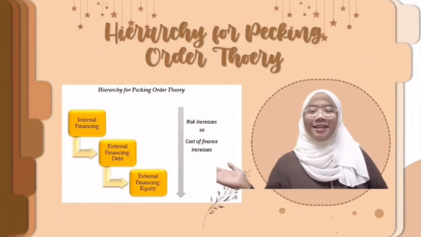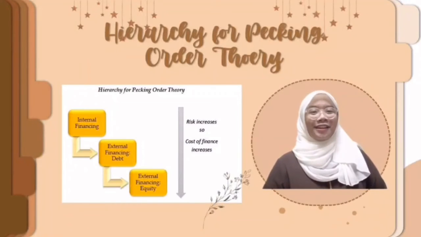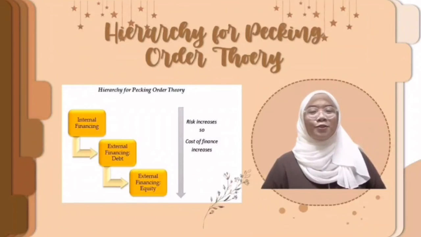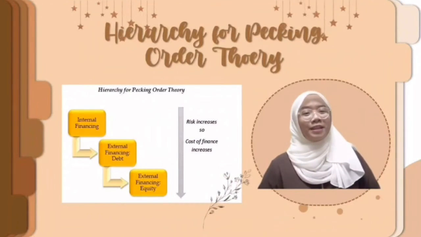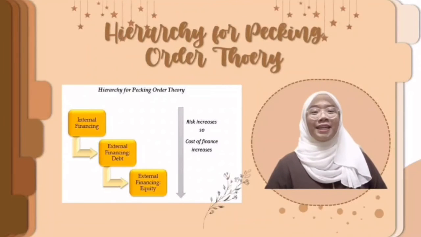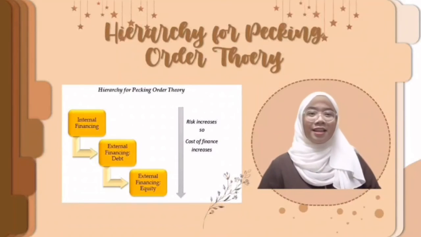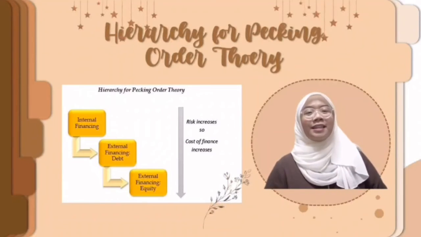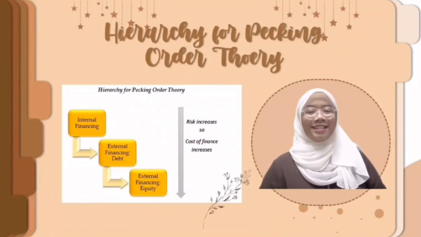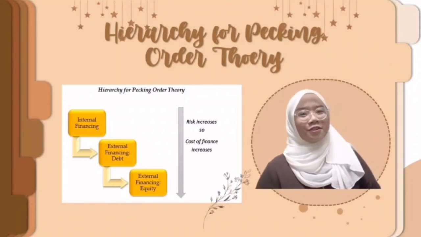As you can see here, this is the flow hierarchy for pecking order theory. Based on the hierarchy, the initial sources should come from internal funding, which refers to the sources that derive from the company's business operation, which means the money might come from either the profit of the company or the company's retained earnings. And then, if the company's internal finance is insufficient, they might seek external financing, which means the company obtains finance from external resources.